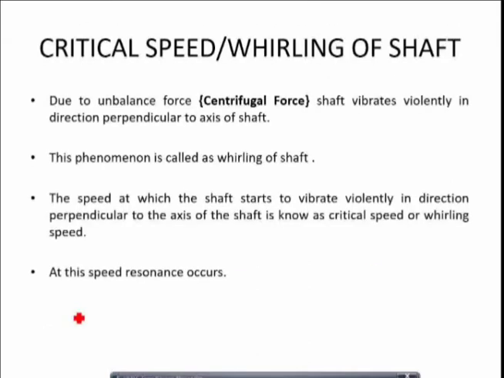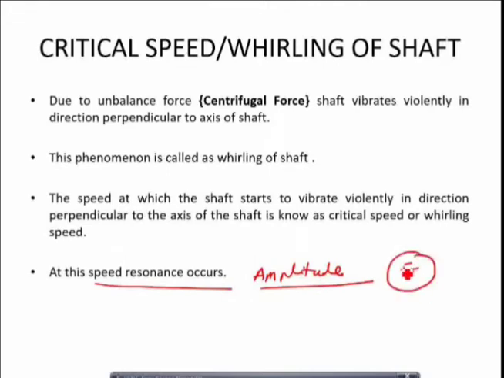Okay. Now also at the critical speed, the amplitude of vibrations of a rotor is excessively large and a large amount of force is transmitted. That is, Ft is nothing but the force transmitted to the foundation. Due to this critical speed condition, the amplitudes of vibrations of the rotor are excessively large and a large force is transmitted to the foundations or bearings. Hence, it is important to find omega n, the natural frequency of the shaft, to avoid the critical speed, omega c, which may result in the failure of the system.